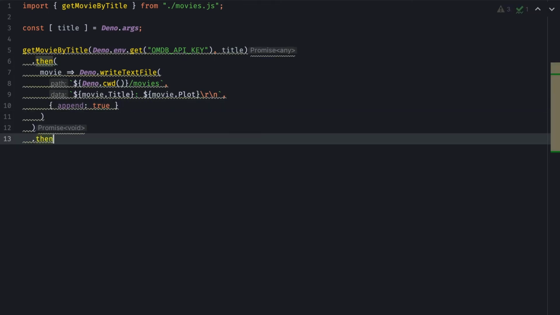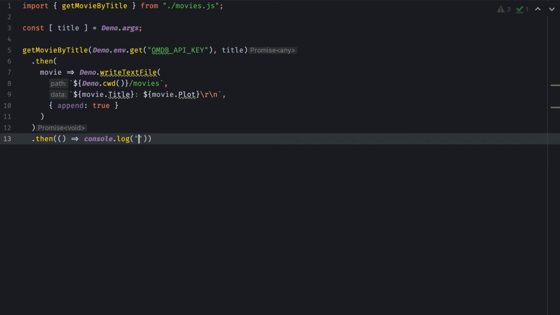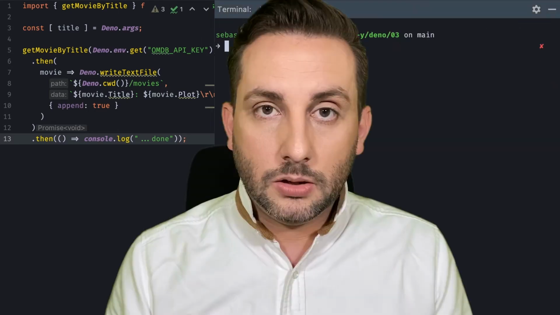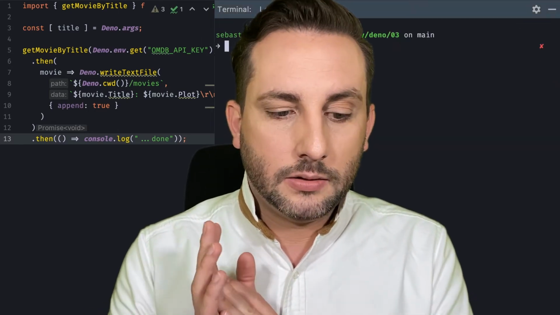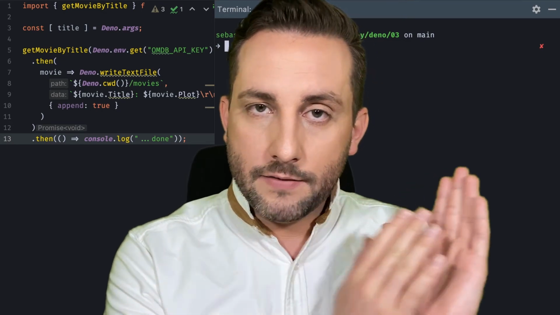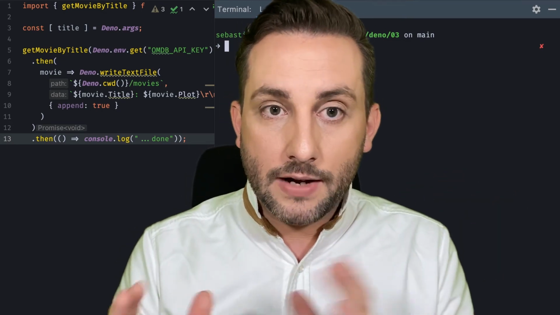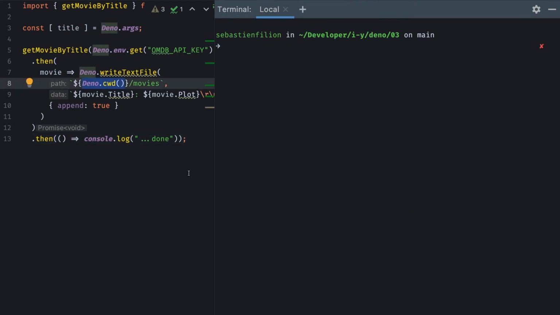And when this is all resolved, I'll just write a little message to my console, just say that we're done. So now let's bring up my terminal. Know that I set the API key to my environment, so I'm not going to type it every time that I run the command. So Deno run